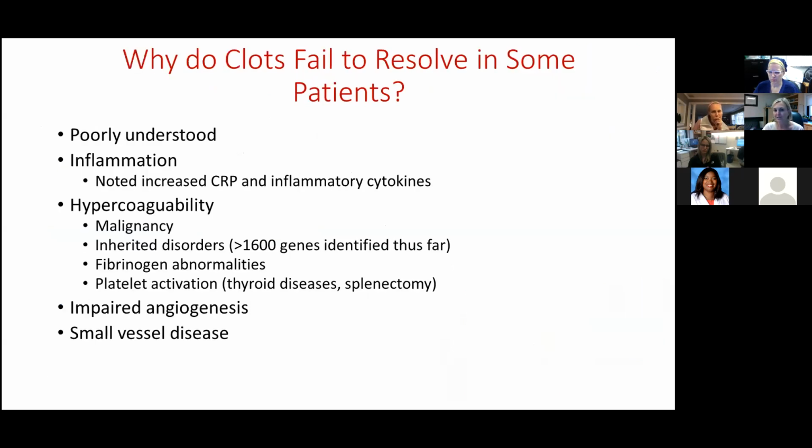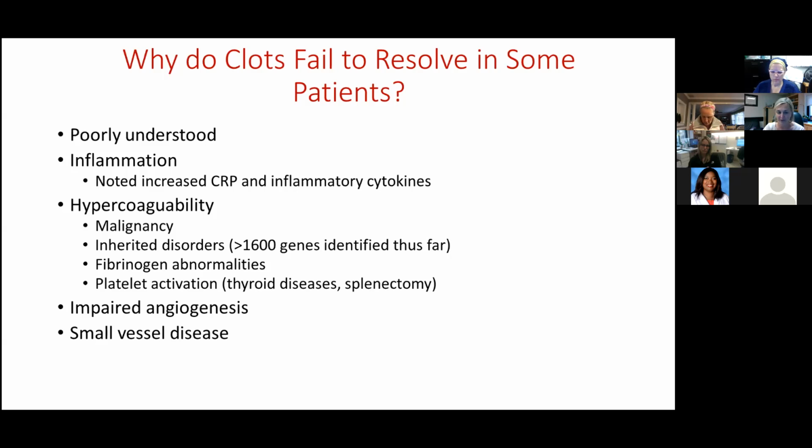So why do some clots fail to resolve? It's really poorly understood. Inflammation seems to play a big role in it. In patients who have CTEPH, increased inflammatory cytokines and inflammatory markers have definitely been documented, so things like CRP. Hypercoagulability plays a big role, but not the hypercoagulability that we think of when someone presents